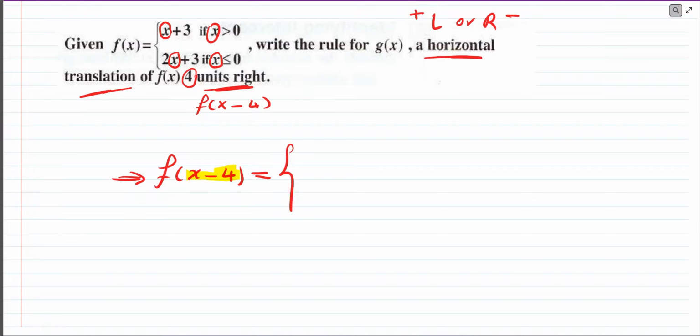So dear students, what you will get, let me rewrite the rest. Plus 3, and here we have greater than 0, here we have 2 brackets. I'll just leave space for x's and less than or equal to 0. So for these x's that I circled, I'll write x minus 4, and here also x minus 4, here also x minus 4, and here also we have x minus 4. So simplify, final answer you will get